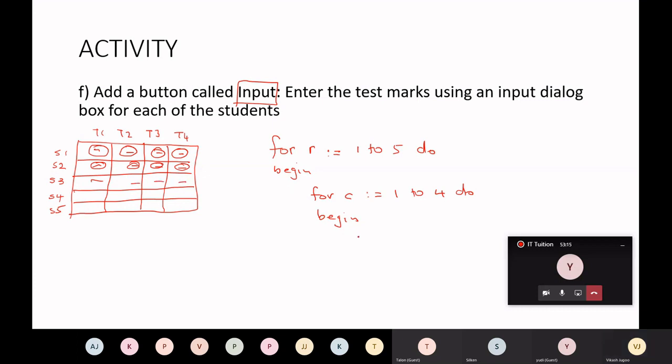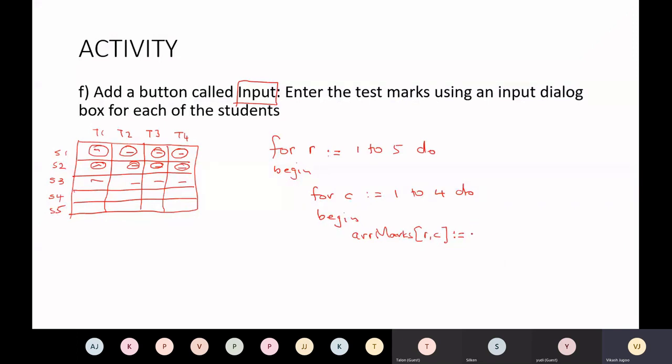And now, what did we say the array was called? ARR marks, RC. The RC will take me to each of the values. It's of type integer, so we're using an input dialog box. So we're going to do a string to int. String to int, and then I'm going to go